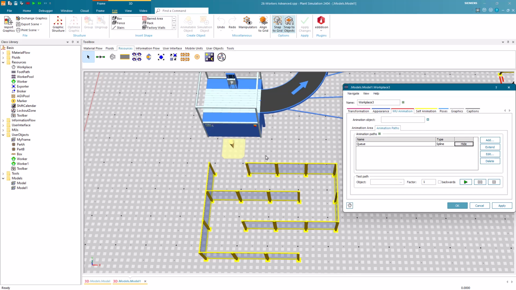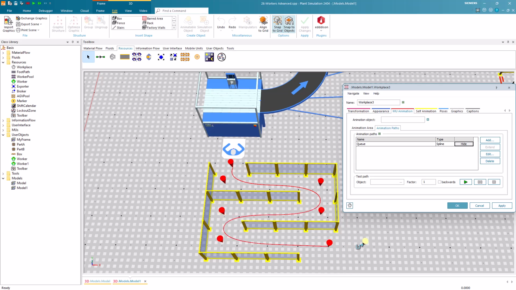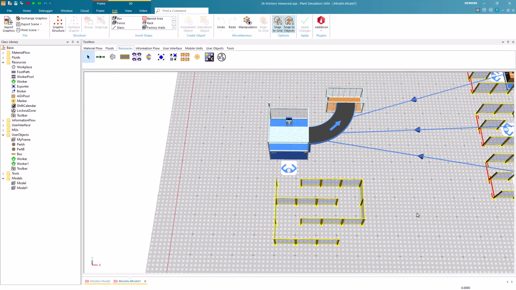As we can see, the cone is at the workplace. We first take the cone and move it to the beginning of the fence. Then we can click on Extend and create a path. After creating the path, we can close the dialogues.